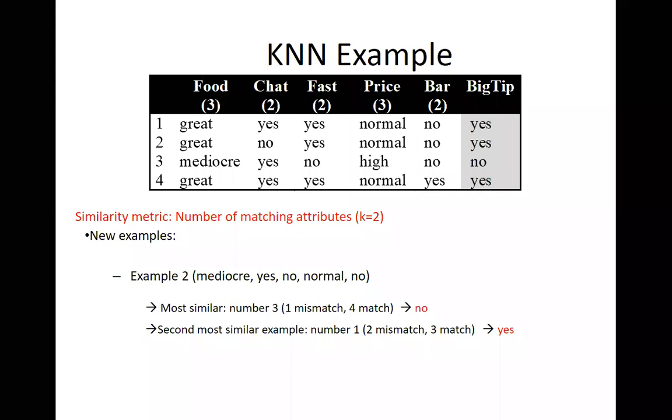But when you take k value 2, see, k values should never be an even number, because 50-50% chances will be more. So k values, it is preferred, have to be an odd number. Is it clear? Then this kind of ambiguity will not be there. Usually if you are applying the KNN algorithm, most people take the k value as an odd number: 1NN, 3NN, 5NN, 7NN, it will be like this.